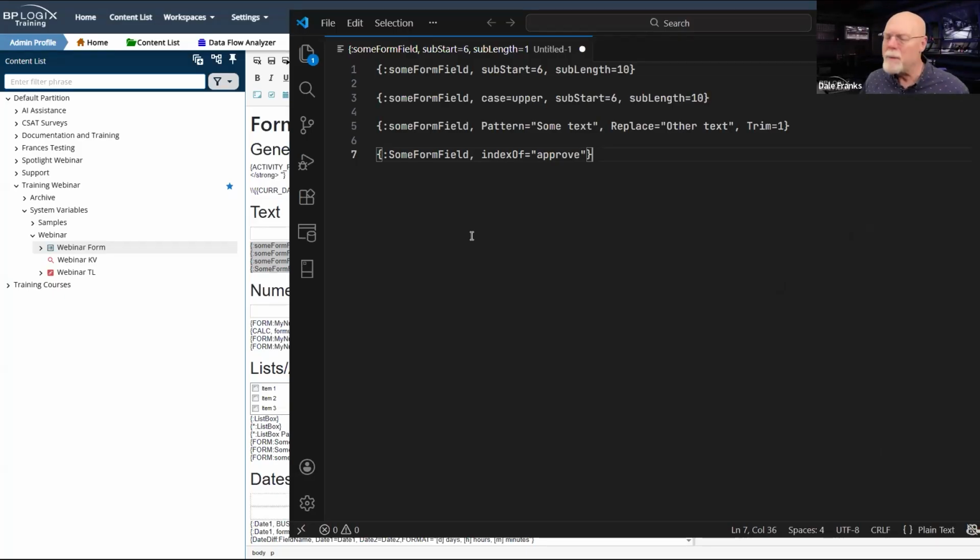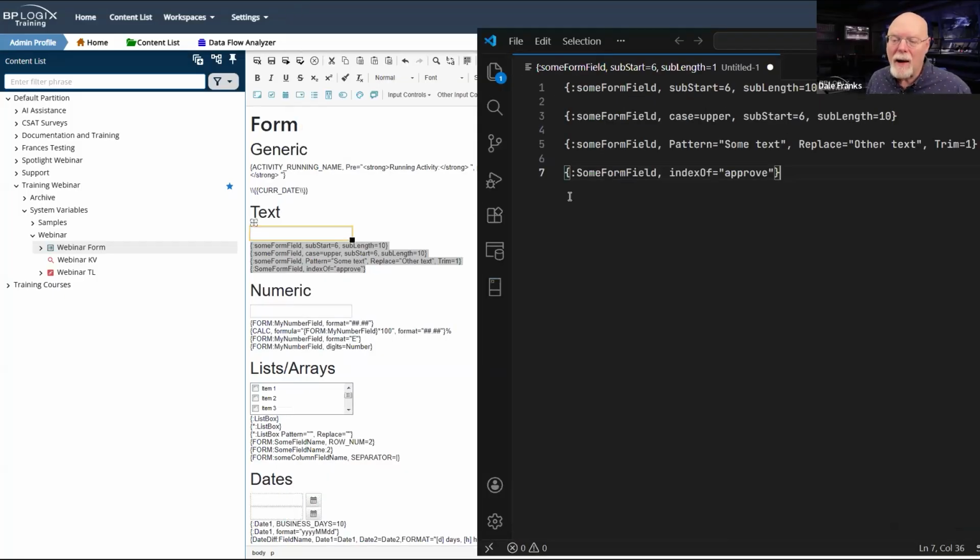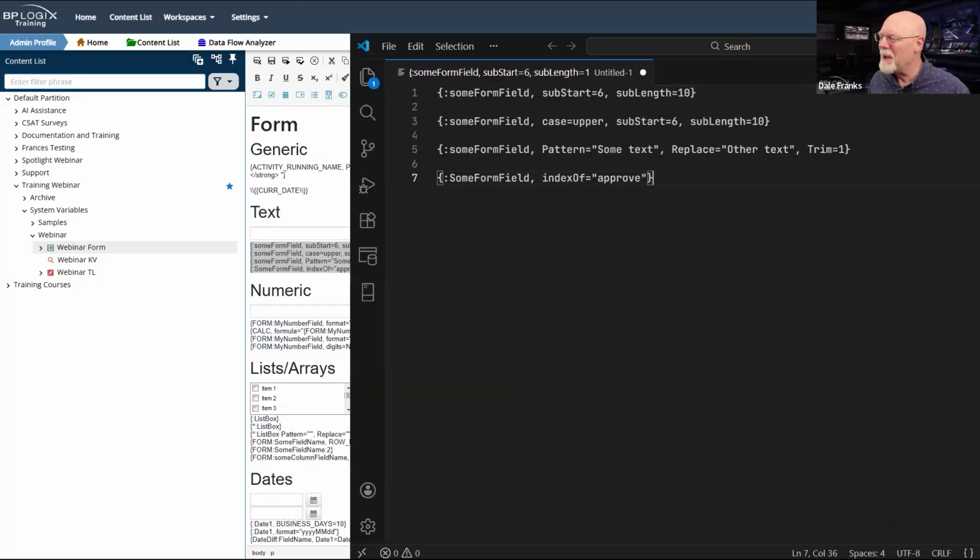So we're going to be manipulating some text here. There are a couple of different manipulation methods that you have available to you when dealing with text. The first is to return some value that is part of a longer string. So in this case, actually, we need to have my form up at the same time, don't we?